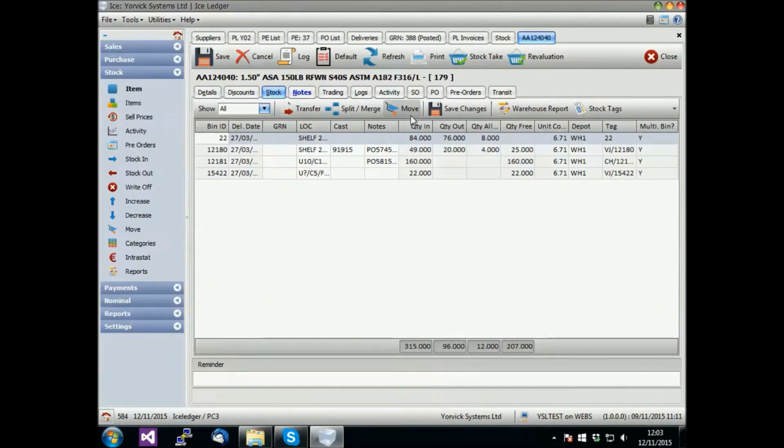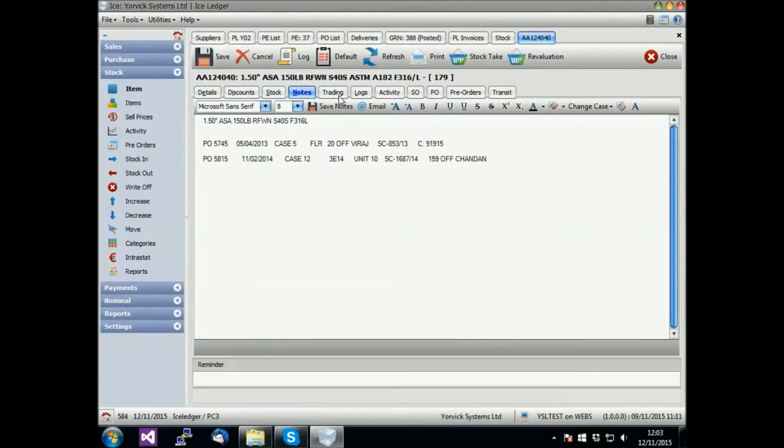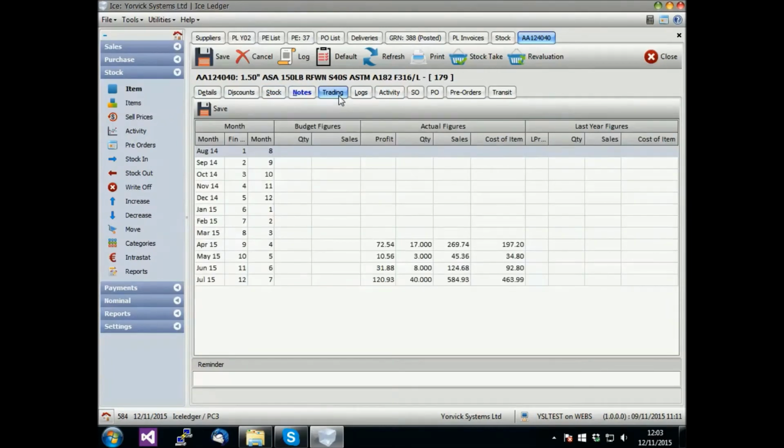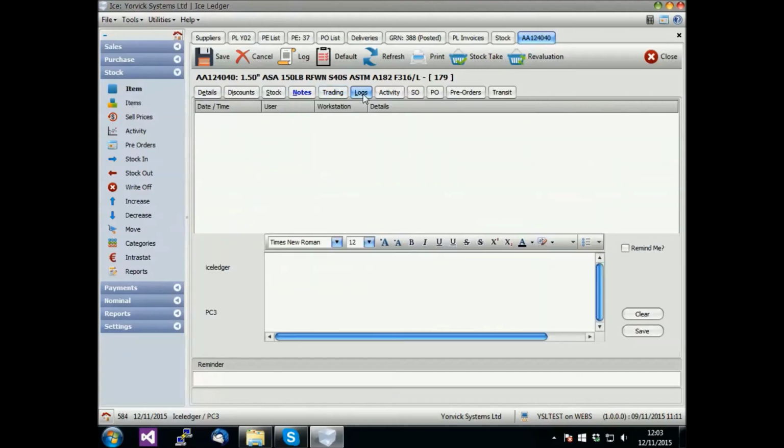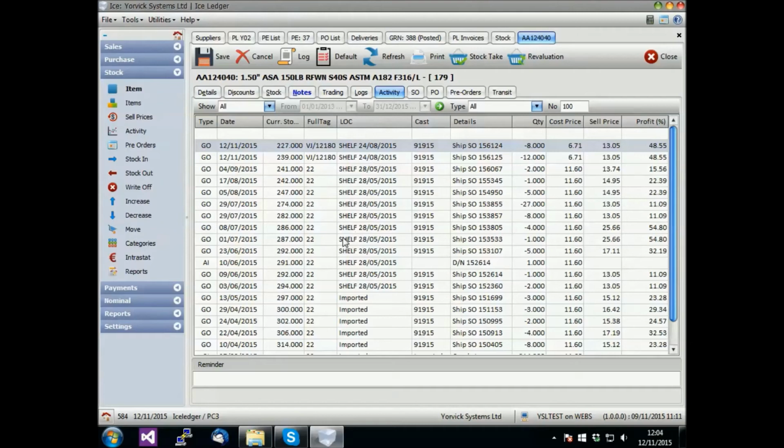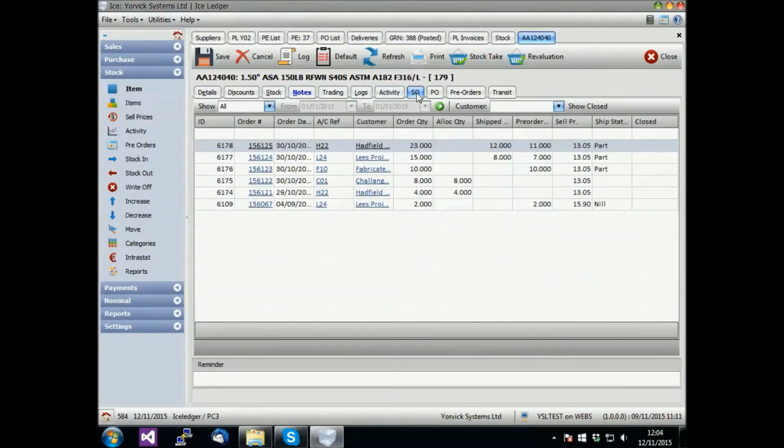As with customers and suppliers, you can enter a reminder, pertinent notes, view trading summaries, view or create log entries, view stock activities, i.e. all stock movements, view all sales orders associated with the sales of selected items.